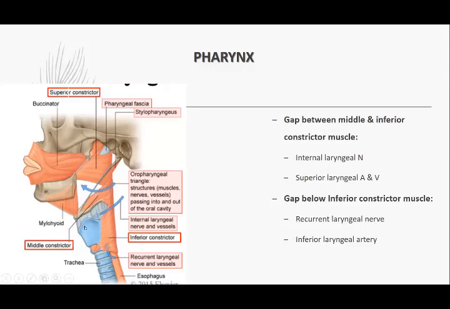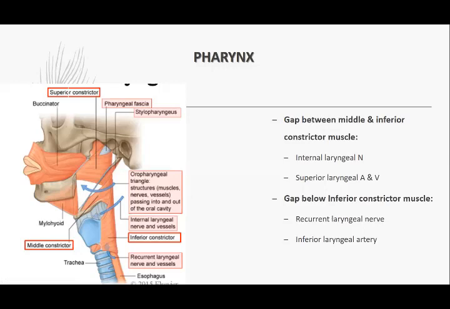This is the thyroid cartilage, so this is the thyrohyoid membrane. So the structures that pierce the thyrohyoid membrane are the internal laryngeal nerve and the superior laryngeal blood vessels. The artery will go in, and obviously the vein would come out of the